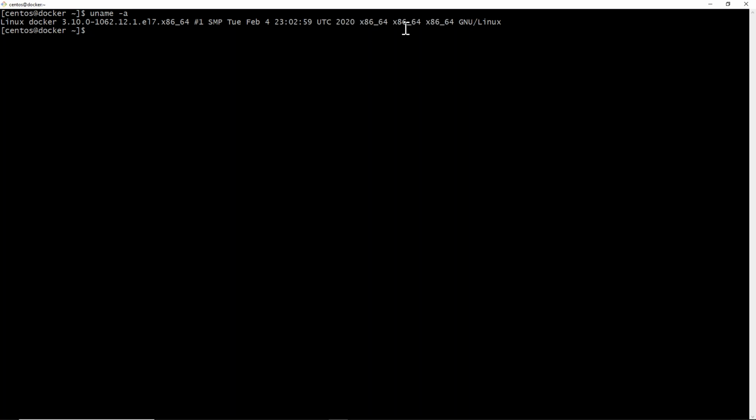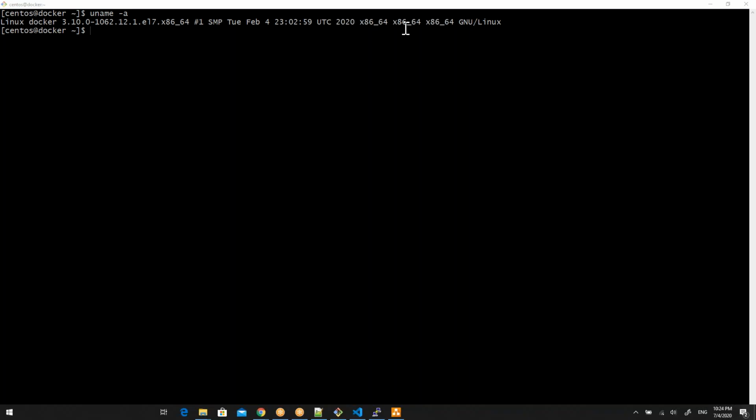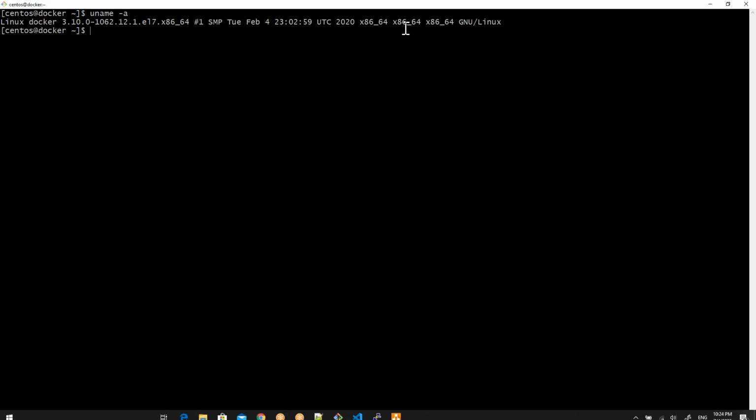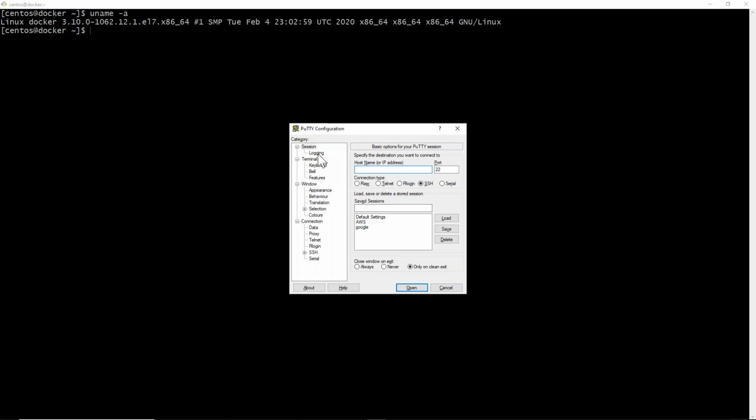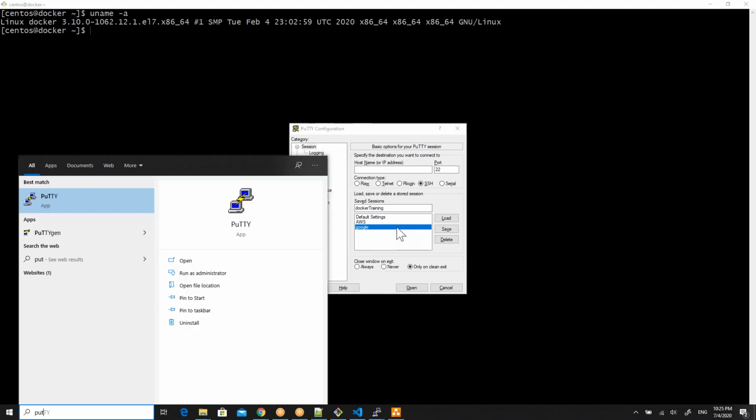Usually Git Bash will not provide you good UX, so we used to use Putty. In Putty, just follow like this. Give one session name, for example Docker training. Download your Putty and type Putty here, and you'll get this screen.